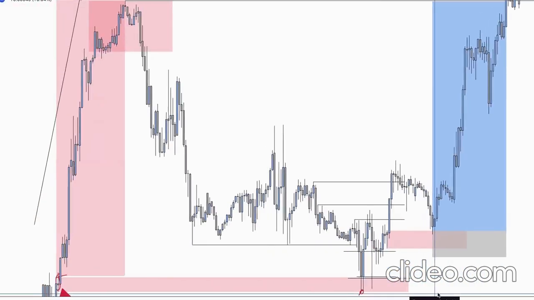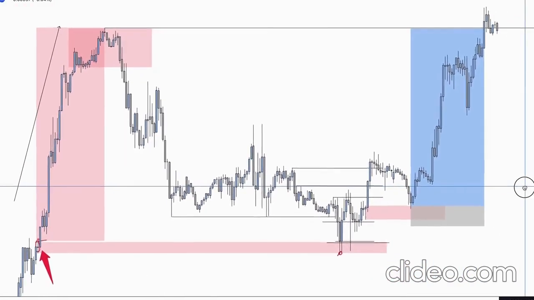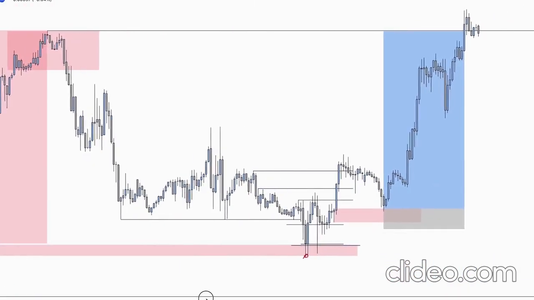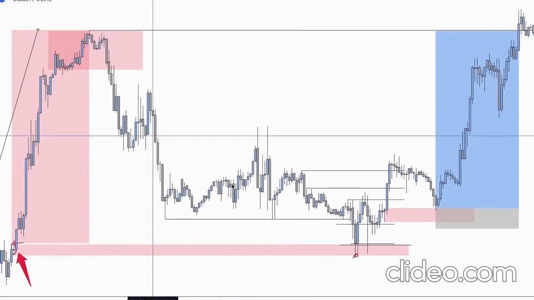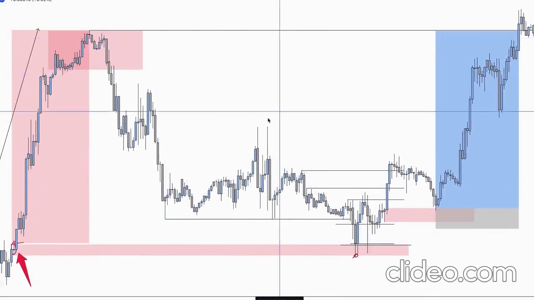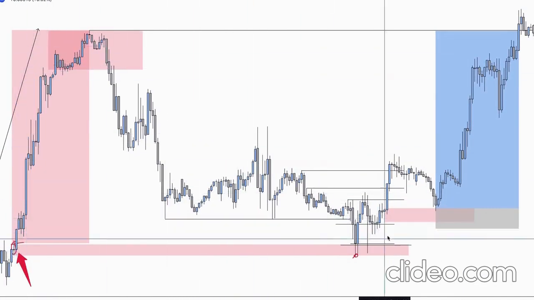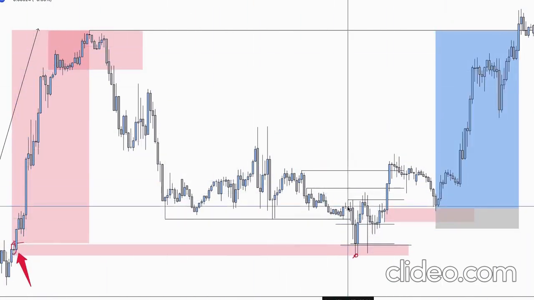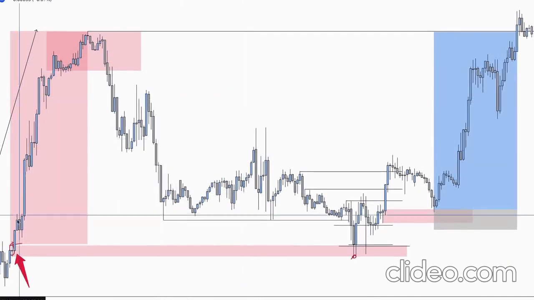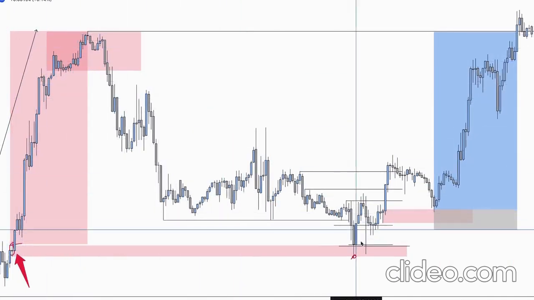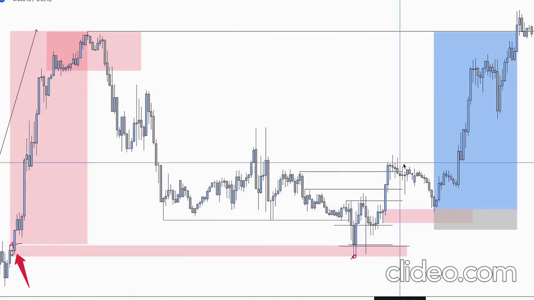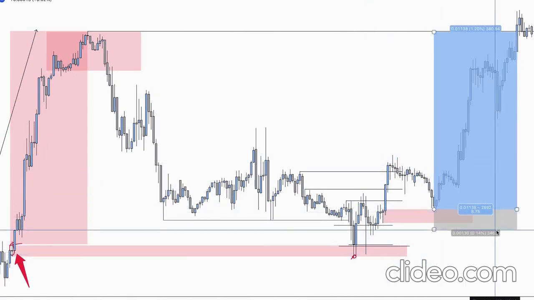So here you can see we are not just looking at candlestick patterns and textbook activity stuff. We are actually reading into the psychology behind the market. We are saying, what is it that the buyers and sellers are doing that has created this price action? How can this be used to formulate trades? We know buyers are strong, sellers are weaker. We see the buyers are strong here and the sellers are weaker. So, of course, the right side of the market to be on is going to be the buy side. And as you can see,